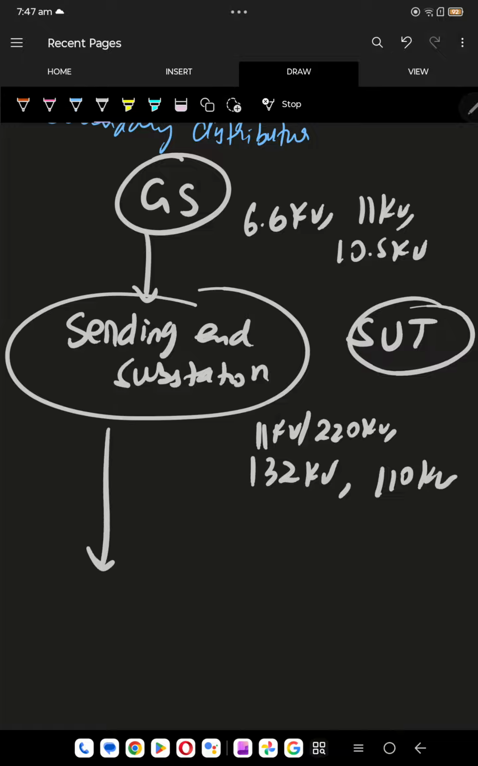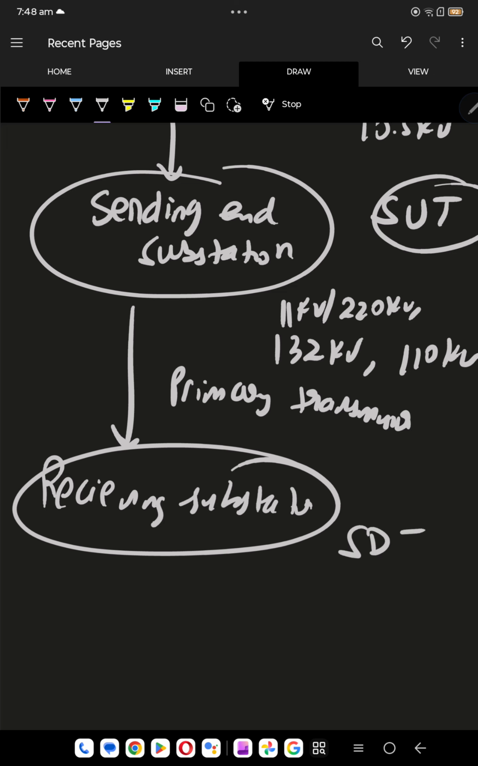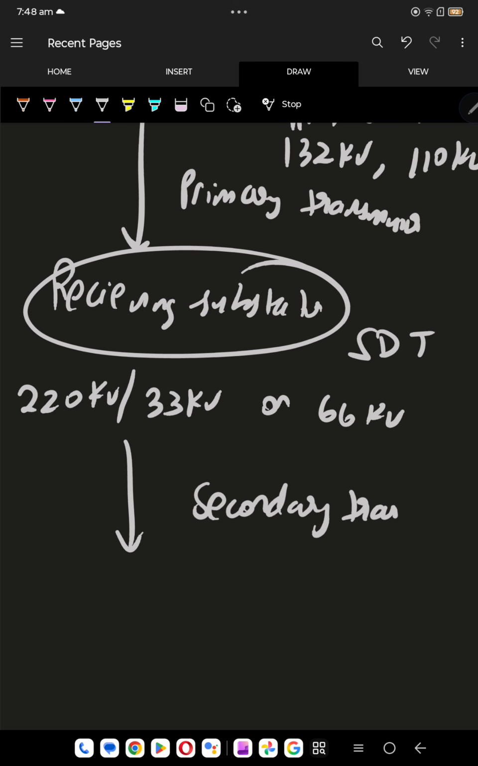Now that is going to undergo primary transmission and it will go to the receiving substation. Here it will undergo step down by a step down transformer. This 220 kilovolt is going to become 33 kilovolt or 66 kilovolt. Now this by secondary transmission will go to the secondary substation,